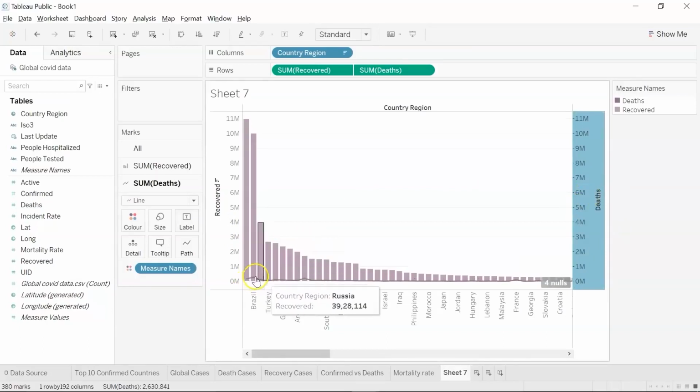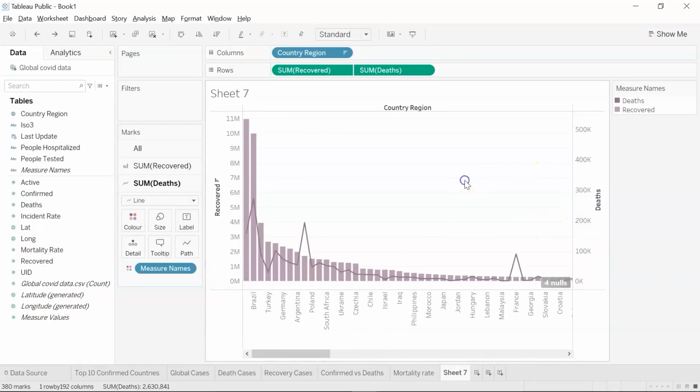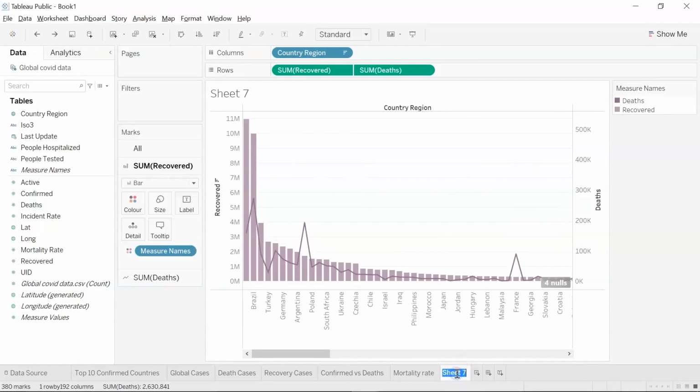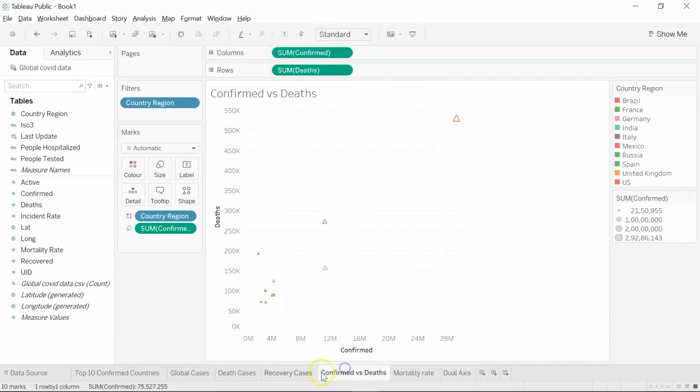So here you can see the values. Let's keep it in thousands only. Cool. I'll rename this sheet to dual axis. Okay, now before we move ahead and create our final dashboard, I want to show you one more